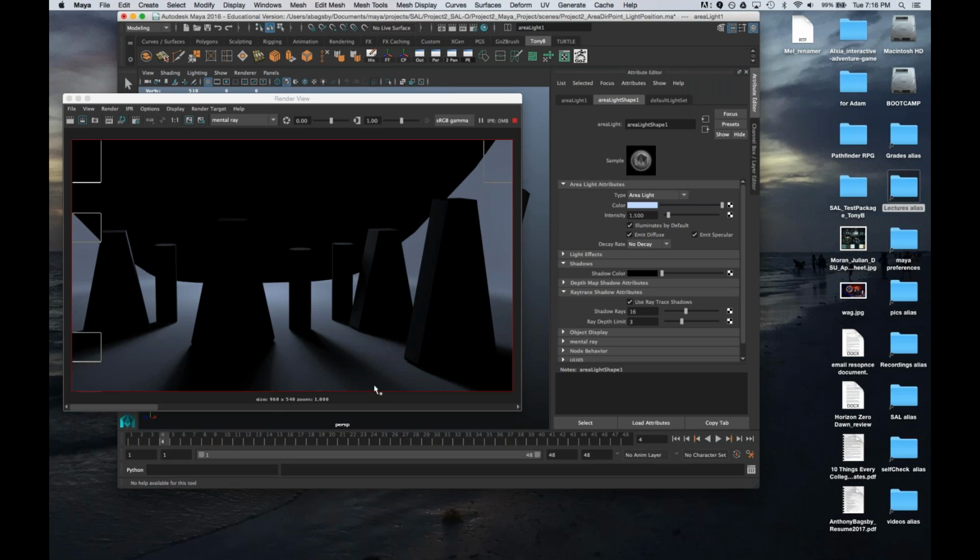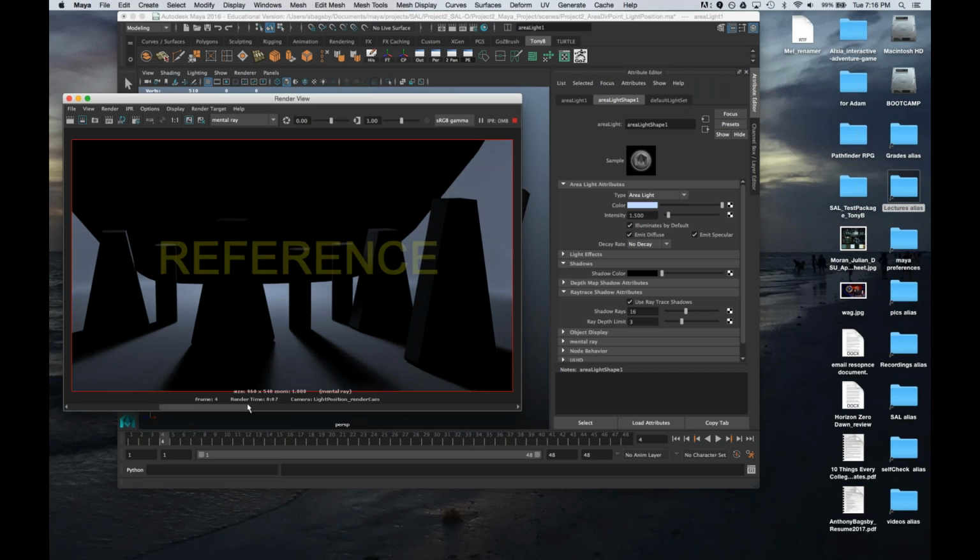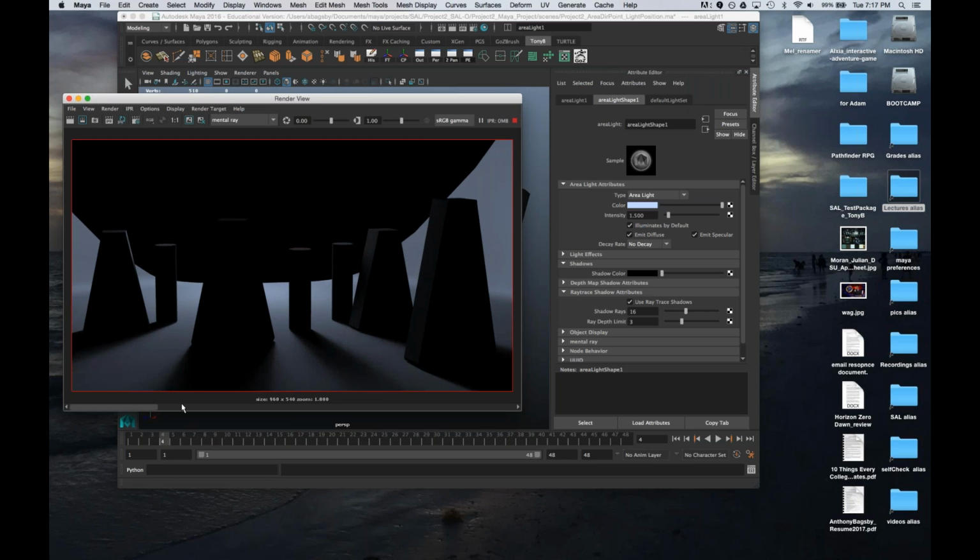Now, one thing I'm noticing, this is very light. My position's off a little bit, so I may have to adjust the scale of it, which I'm pretty sure I'm going to have to. Okay, now they're pretty clear, but they are too soft to match our reference.